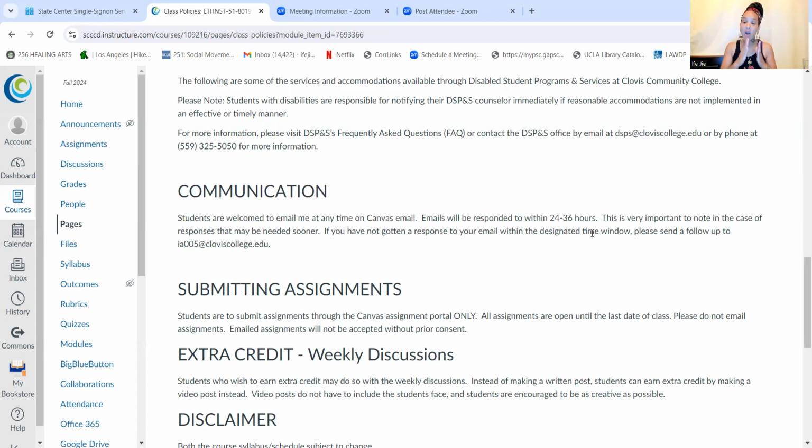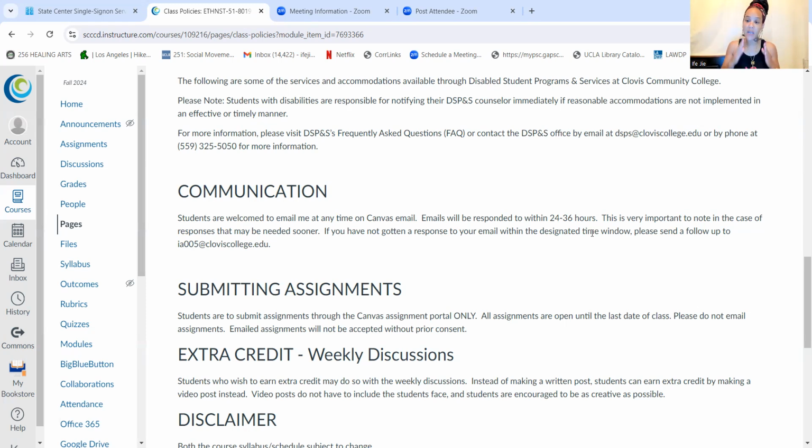Now, because our course is designed for you to be successful, every single assignment is open all the way up until the end of our course together, all right? And so you don't have to ask me for an extension. You don't have to worry about being able to upload your work, okay? Once the module is opened, it will remain open and the assignment will remain open until we are finished with our course together.